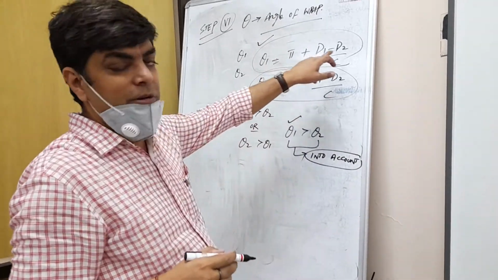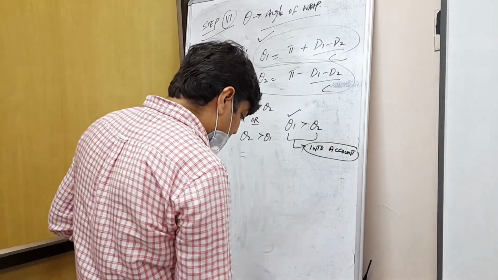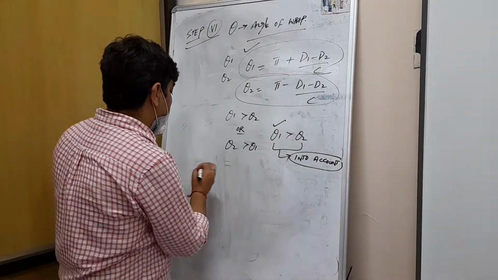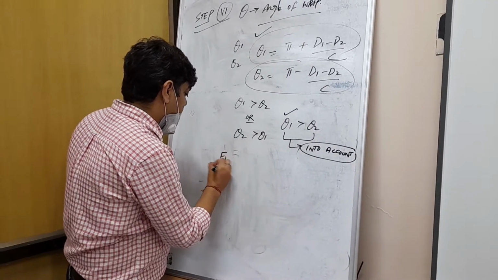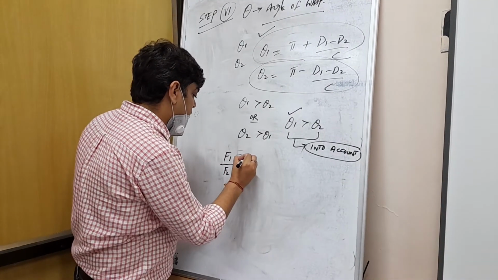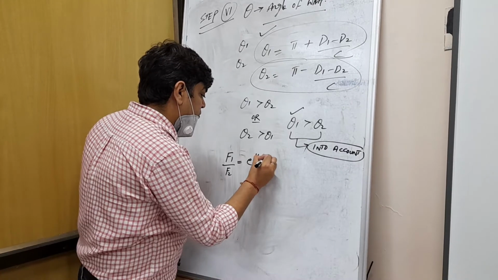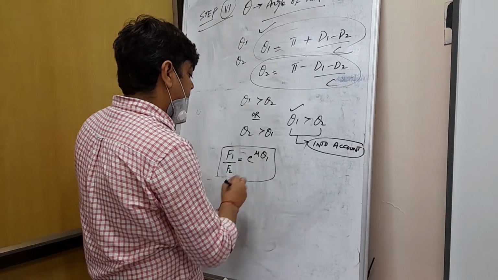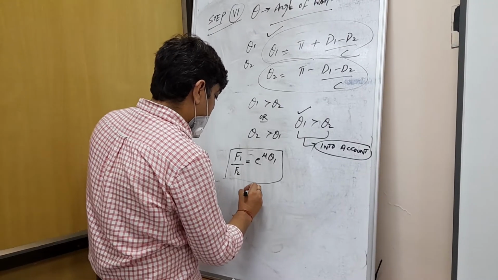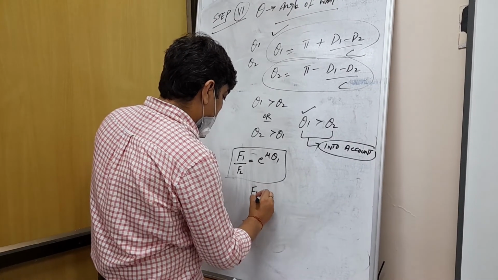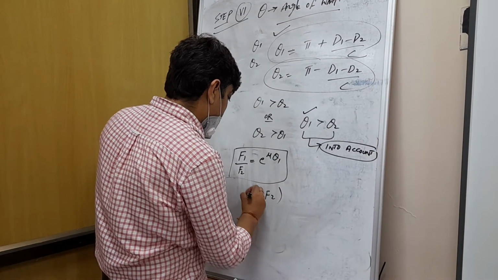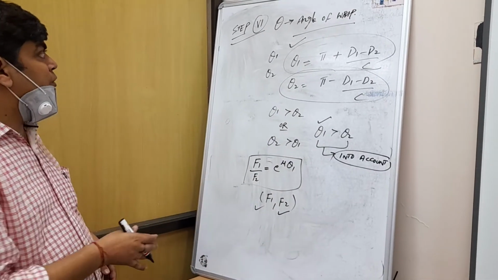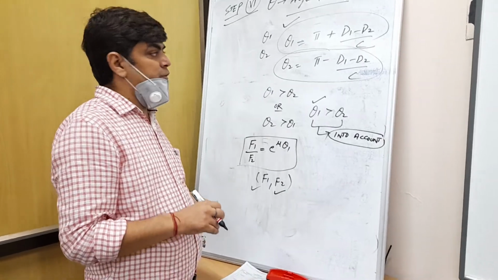Or simply refer to this formula: theta 1 is pi plus (d1 minus d2) by c. Based on that, next we can again use the relation, that is F1 by F2 is equal to e to the power mu theta, and then calculate this. Accordingly, if you have F1, you can determine F2, both F1 as well as F2. So now next step, I will go to the next slide. So stop here.